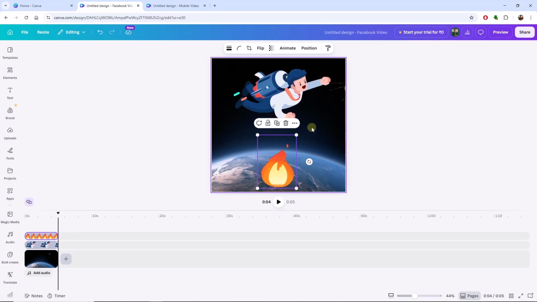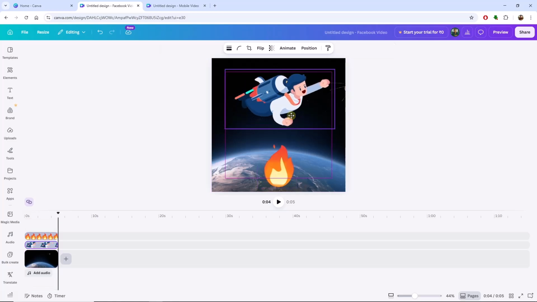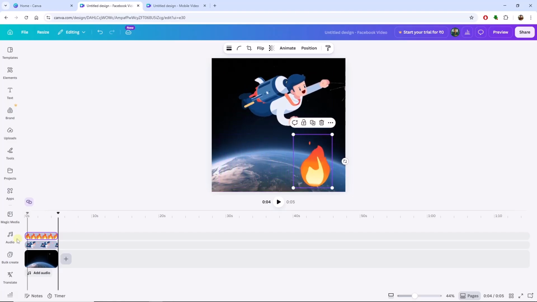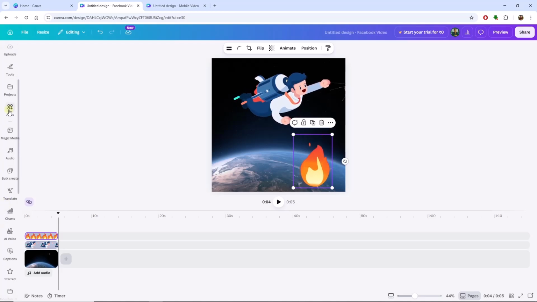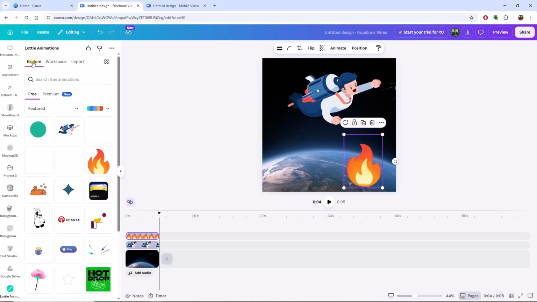So I want to add the background because you want to know whether the background is transparent or not. So you can see clearly that the background is completely transparent. So this is how you can add Lottie animation inside your Canva, and you can also add effects like this, the fire effect or any other effect which is available with Lottie. So you can open again and go for the particular keyword here, and mention what kind of animations you require. Like I'm going to give a keyword rain,